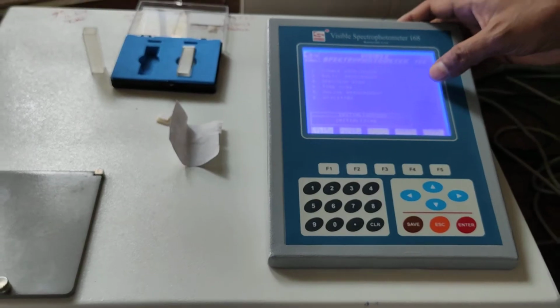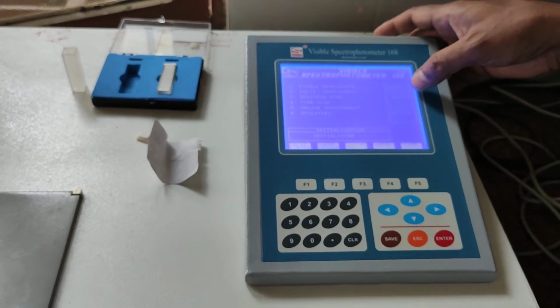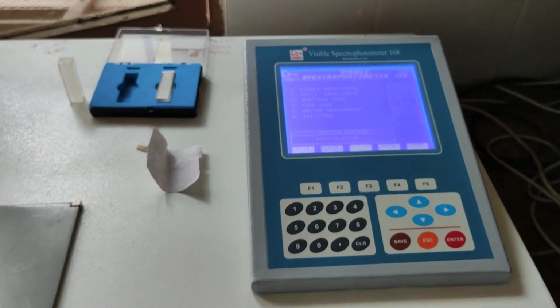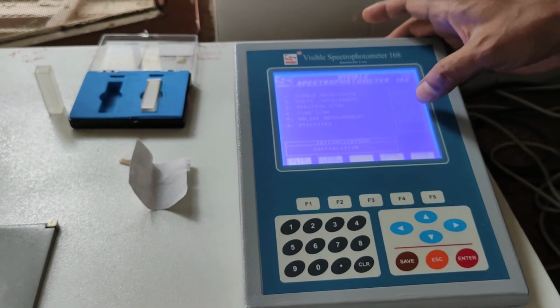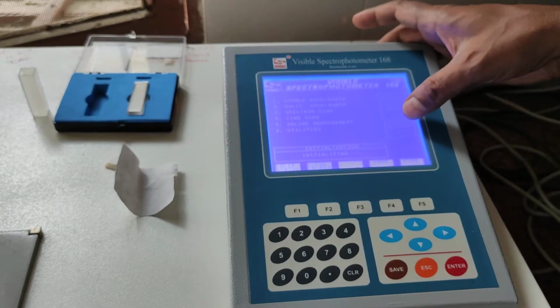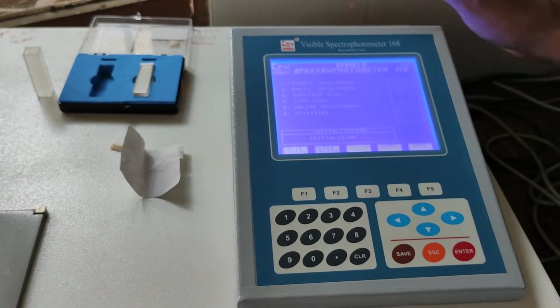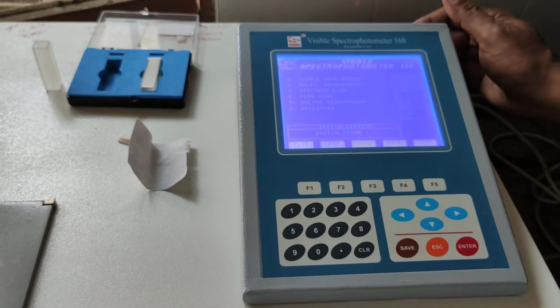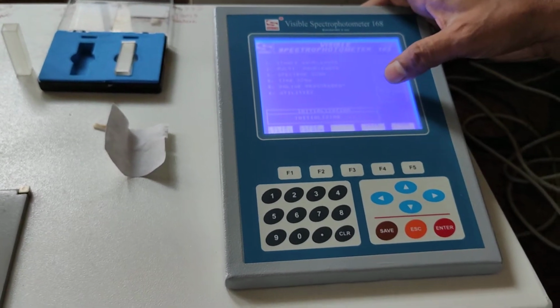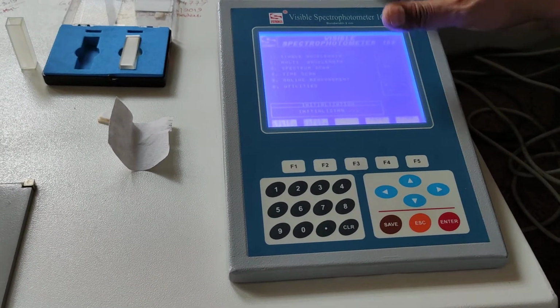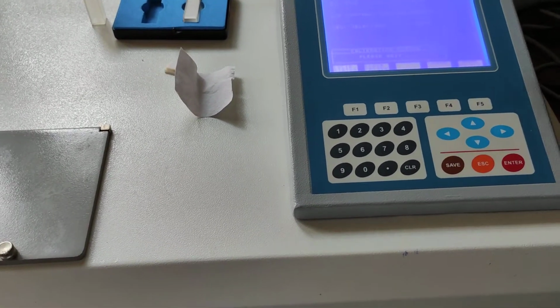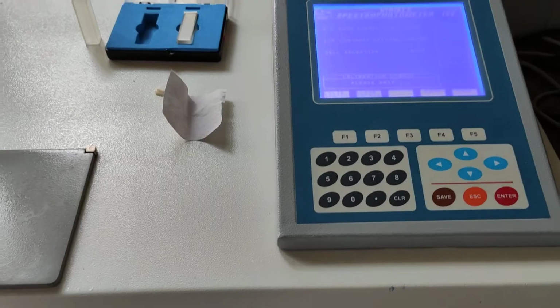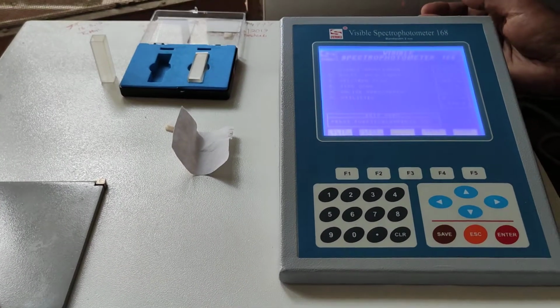Now it is written that the bandwidth is 2 nanometer, meaning it can record every 2 nanometer. And the wavelength, now it is initializing 52, 53, meaning the whole wavelength range it will initialize. It has no meaning to initialize 200 and all these things because this is the visible region. So from 400 this machine can be used. Below 400 is just to show, nothing else.